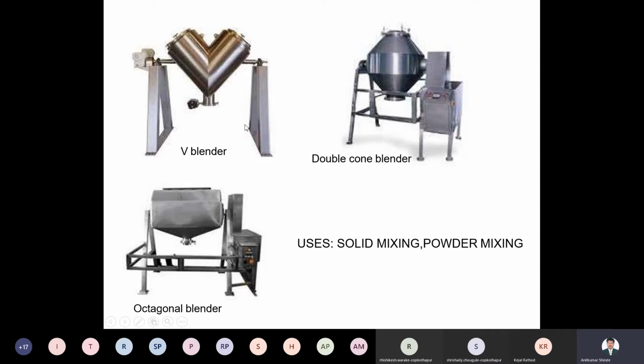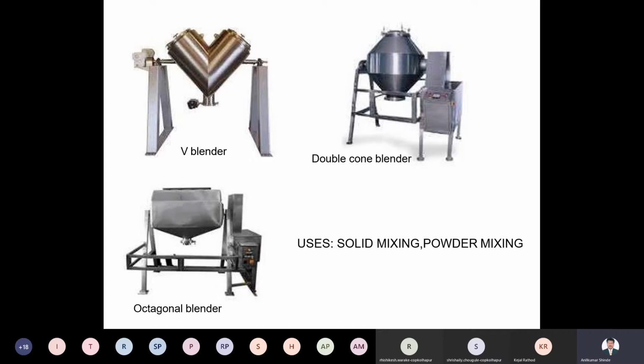So this double cone we can rotate on its own axis, at the center axis, and with that rotation, every material is tumbled, right? Every material is tumbled with a shearing action with the help of blades, as inside we can attach different blades, which cause that shearing action. The material which goes to the different corners of the blender cannot mix properly. So that's why we use shearing with the blade, right? The material that comes to the center participates in the mixing, right?